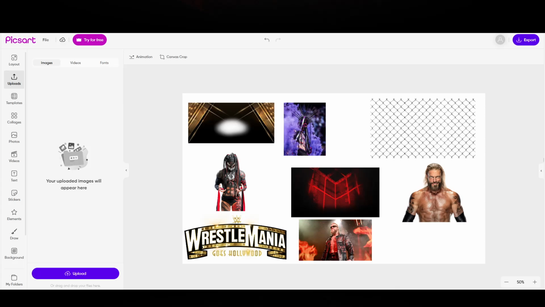In this graphic, I have 8 images. I pulled these all from Google. I'm going to go on a little bit of a small tangent here. I'll keep it as short and sweet as possible. If you have never done this before,